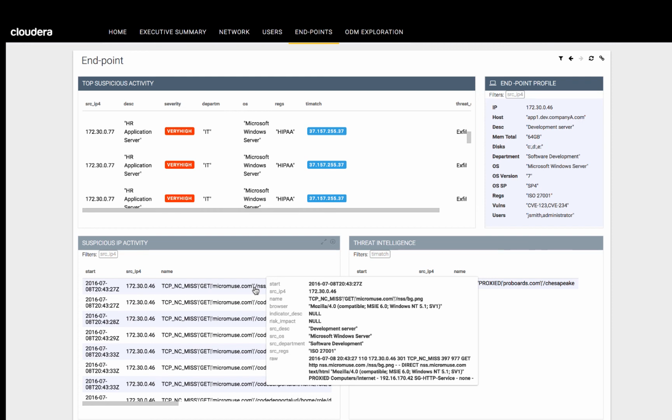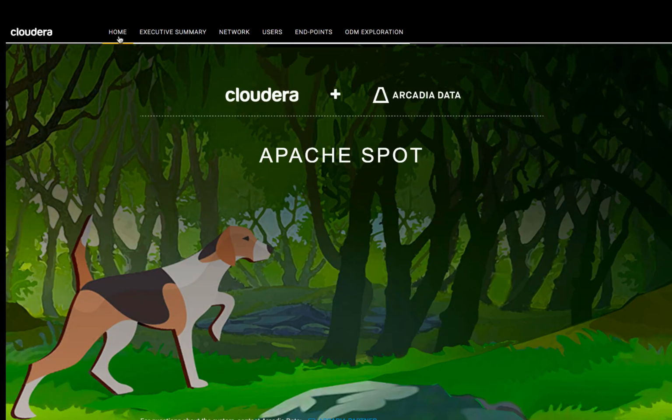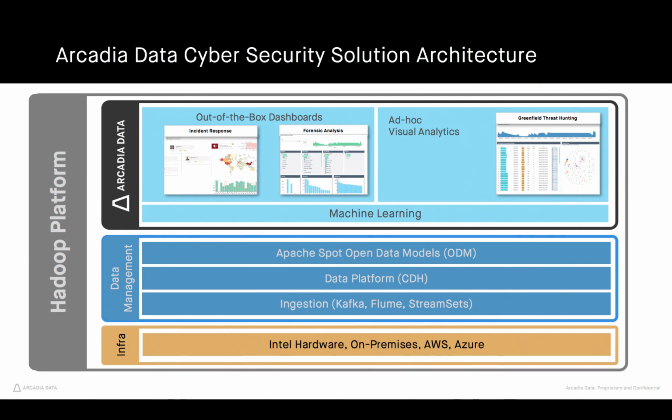With varied contexts across large amounts of end-user, endpoint, and network data, cybersecurity analysts can quickly pivot across all the available information at their fingertips and identify and respond to evolving threats. The Cloudera distribution enables teams to effectively manage and perform machine learning analysis across all available data at high scale, in combination with a single pane of glass, or converged visual application built using Arcadia Data, which allows users to